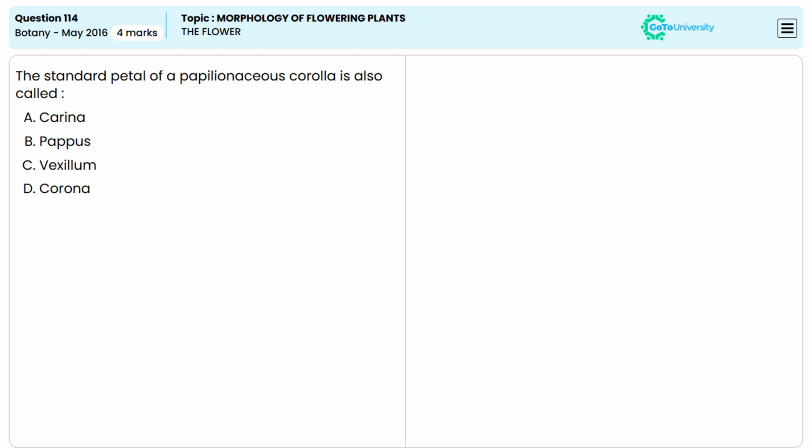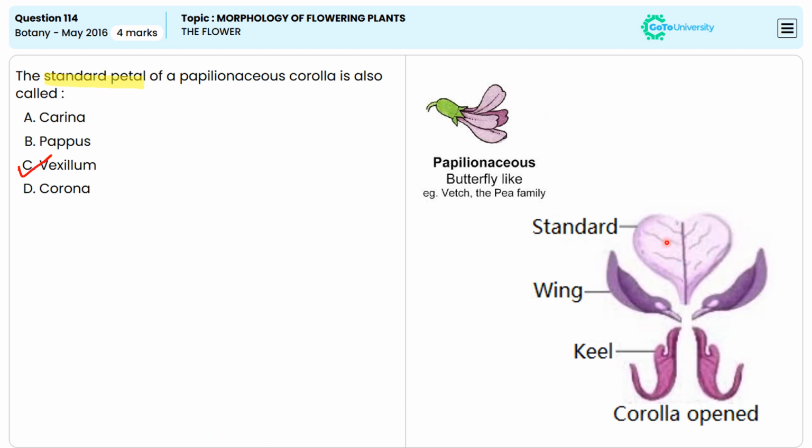Which among the following is a standard petal of a papilionaceous corolla? The answer is option C, vexillum. So the vexillum is a standard petal in a papilionaceous, that is butterfly-shaped corolla, which is typical in the